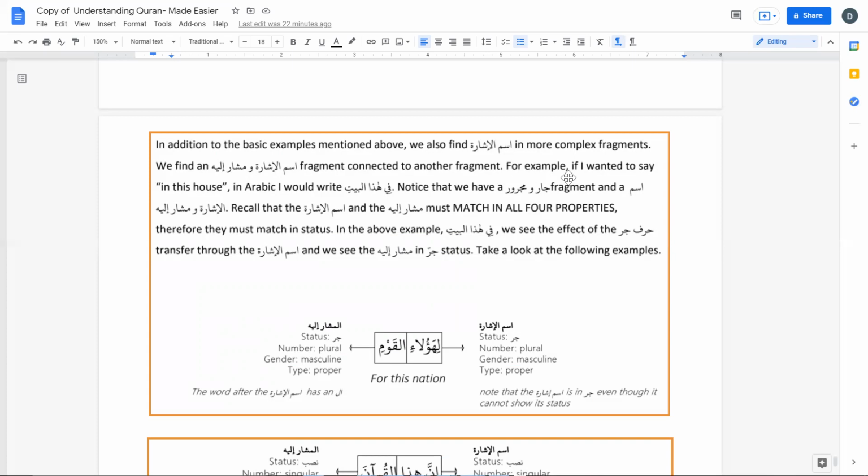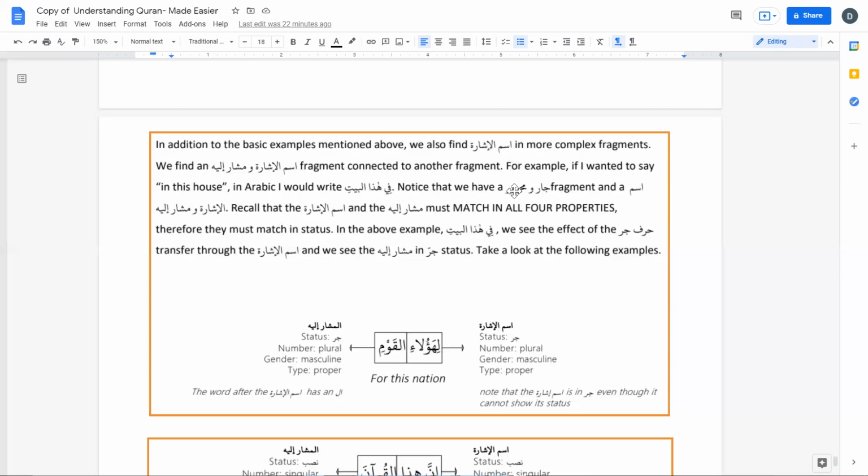For example, if I wanted to say in this house, so this house is Hazal Baitu. But when fi comes, then it becomes Fi Hazal Baiti. Because Fi